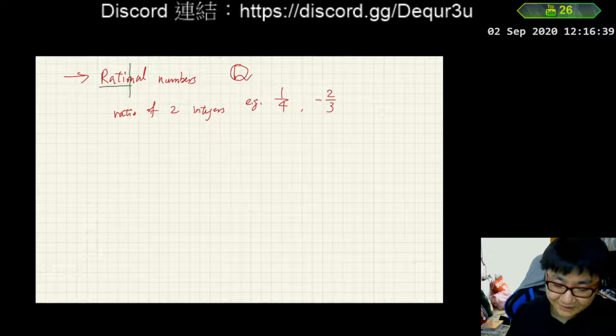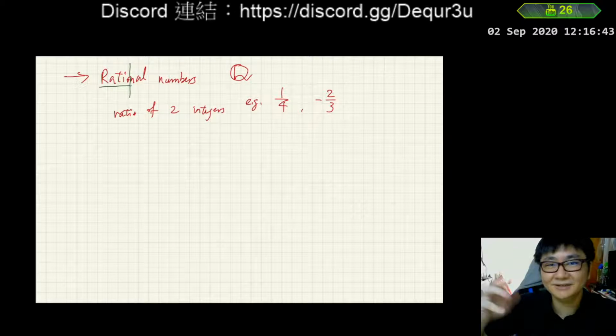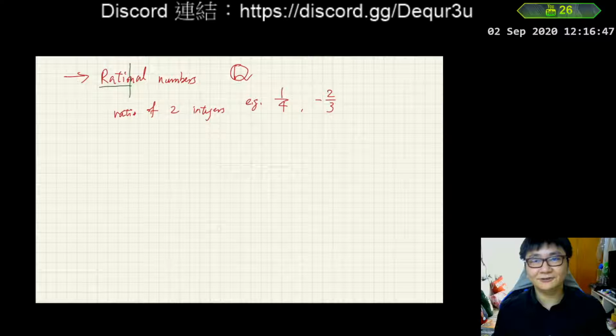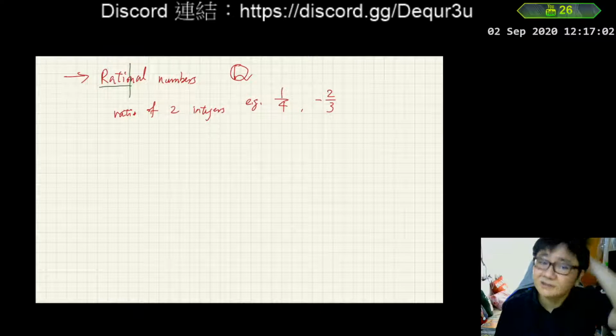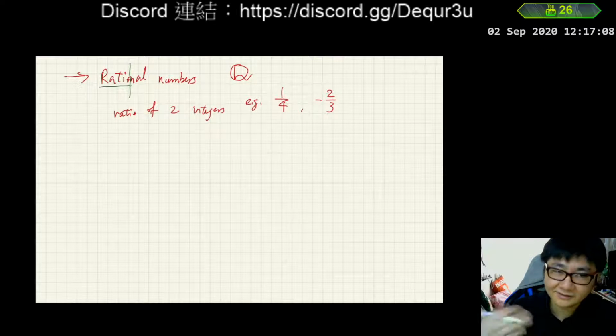If you want to know why Q, then I think probably it's about quotient. Quotient means divide, and ratio is also related to divide, and therefore we call the rational number set Q. All these symbols are universal, which means later when you study mathematics in a higher institute like university, you will still see these symbols. They are used universally. Everyone uses them and understands what they mean.